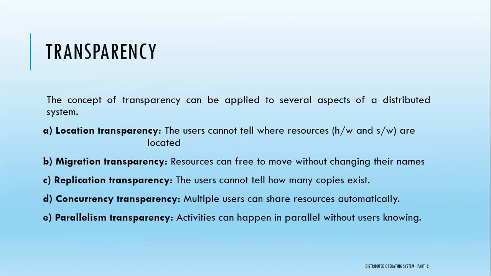The concept of transparency can be applied to several aspects of a distributed system. The first one is location transparency: the users cannot tell where resources are located. The second type is migration transparency: resources are free to move without changing their names. Then replication transparency: the users cannot tell how many copies exist. The fourth one, concurrency transparency: multiple users can share resources automatically. Then parallelism transparency: activities can happen in parallel without